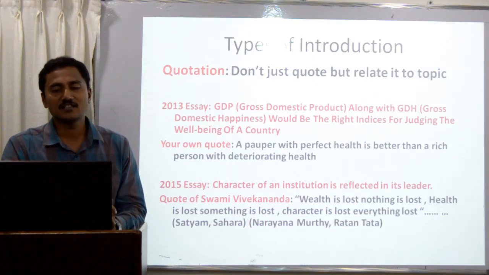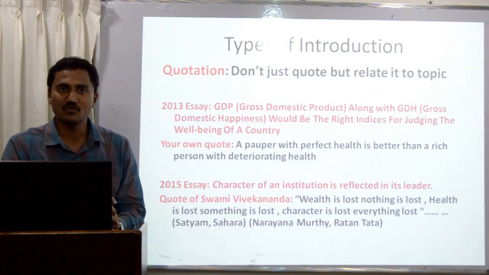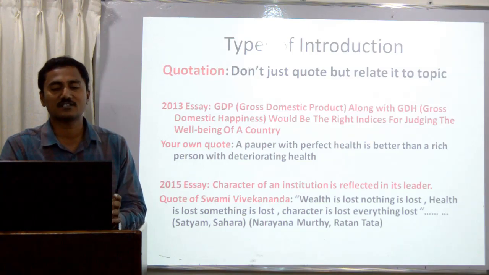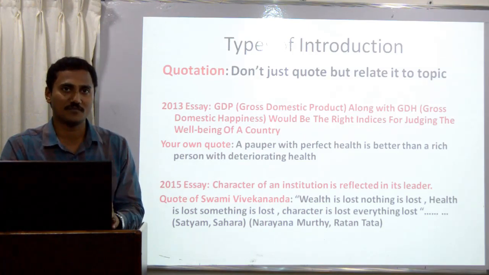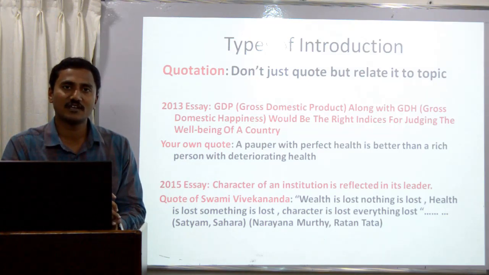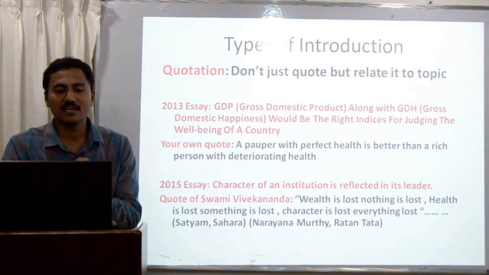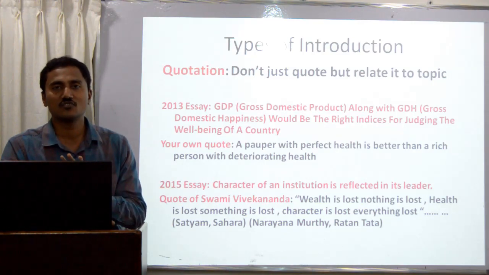Similarly, the other side of the coin, you can talk about Infosys or Tata, where leaders having strong ethical values are able to reflect their character in the institution. As you know very well, Infosys at some point had a poor financial condition and was about to fall, but they were able to bring it up. However, they always stood for strong ethical values. So with these examples, along with the quotation, you clearly explain to the evaluator that the character of an institution comes